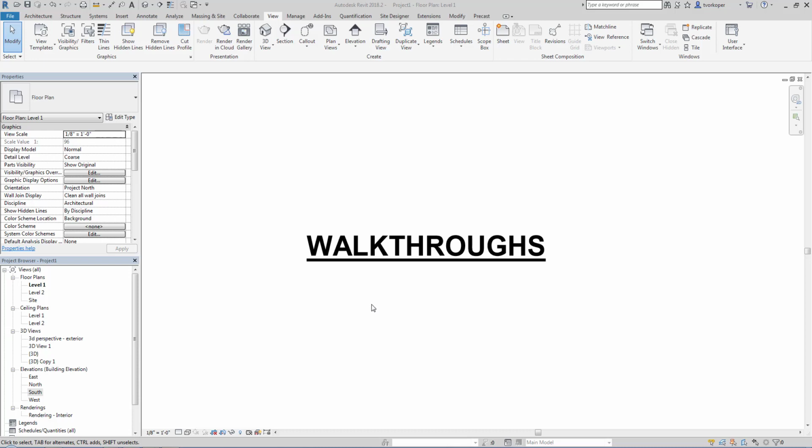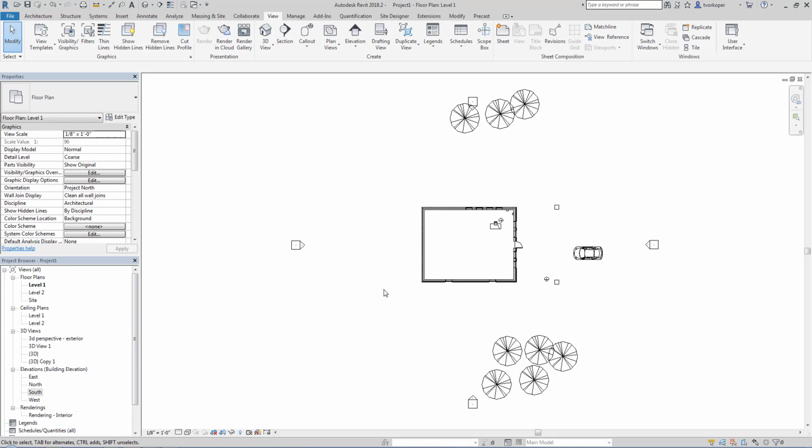Creating walkthroughs in Revit. As you can see, I've already set up a scene with a small building, a car, a person here, and some trees. To create a walkthrough, we'll go to our View tab, 3D View Tool, drop-down menu, and we'll click